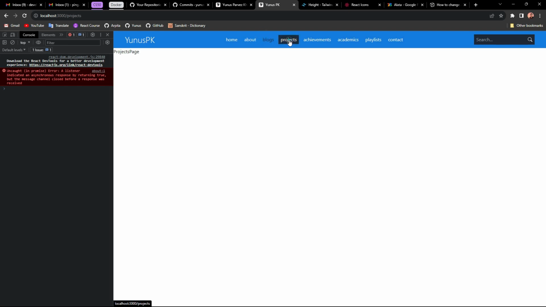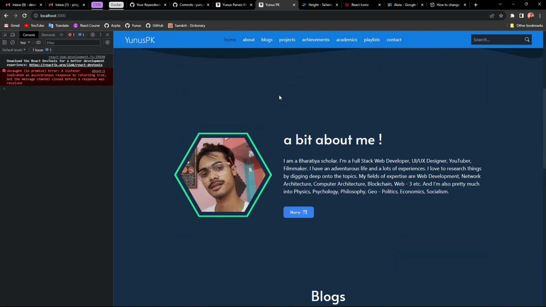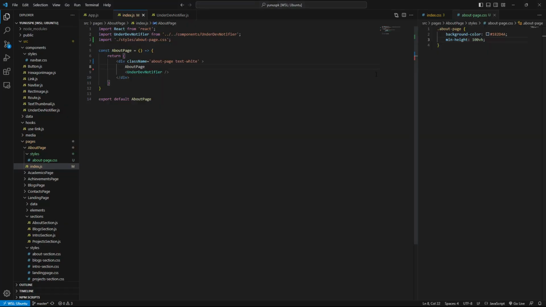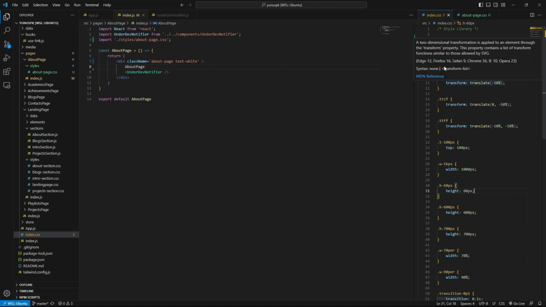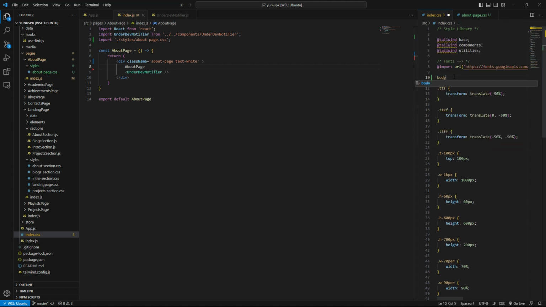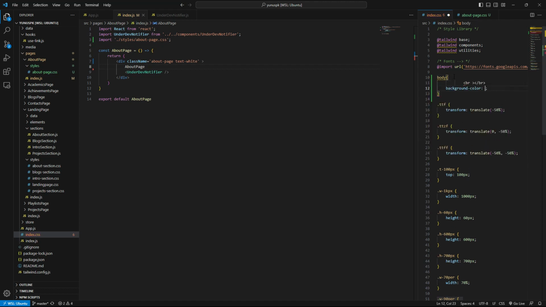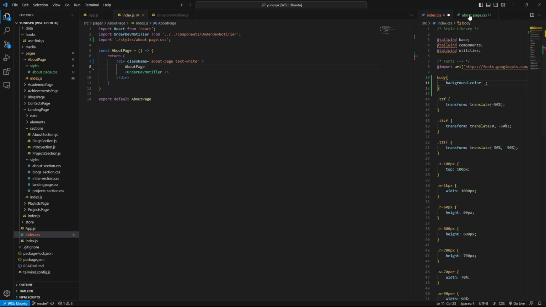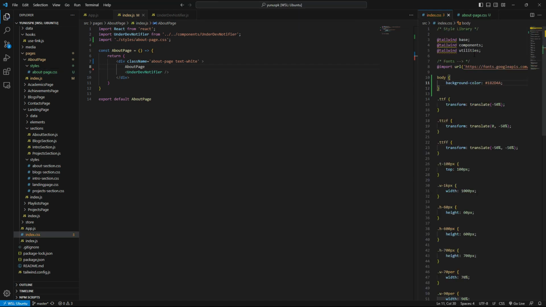Okay, wait, does every page gonna have this background color? First of all, that's the question, right? I guess it should be. Yeah, basically it should be. So in the index I can go and say that body, probably body gonna have a background color of this.